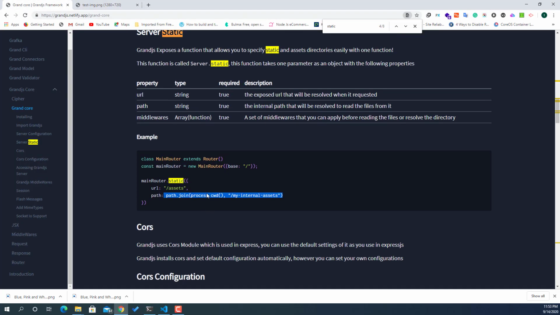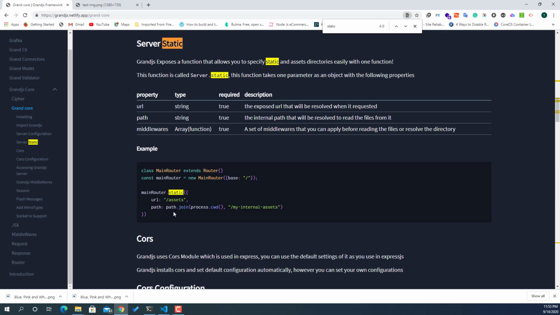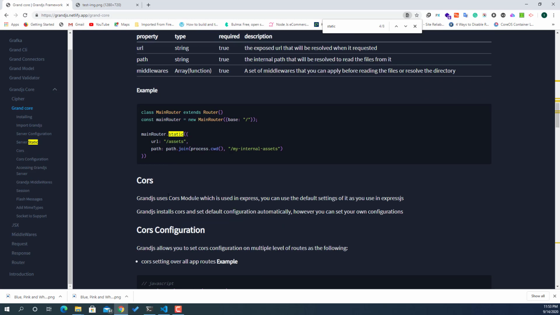However, also you can define, yes, that's all for implementing